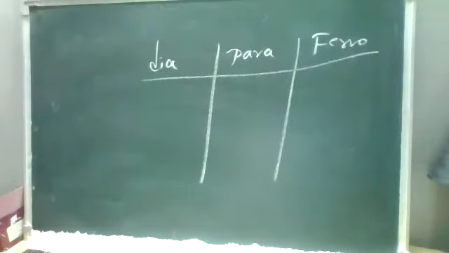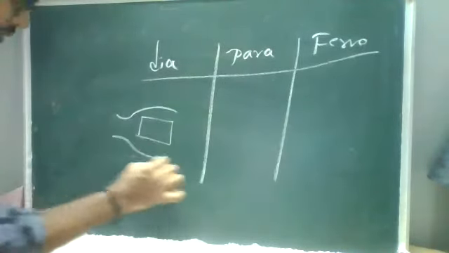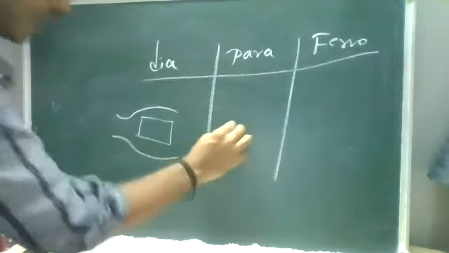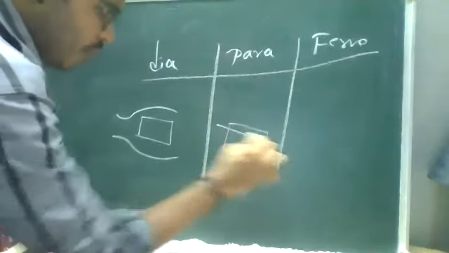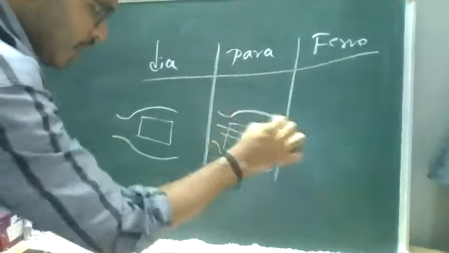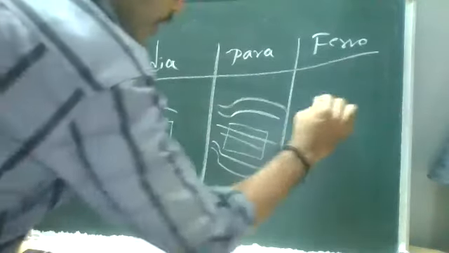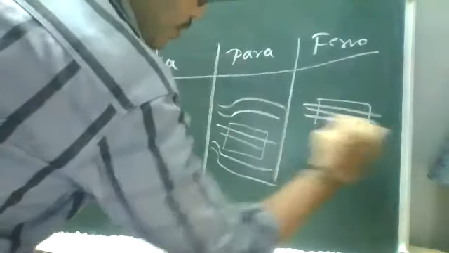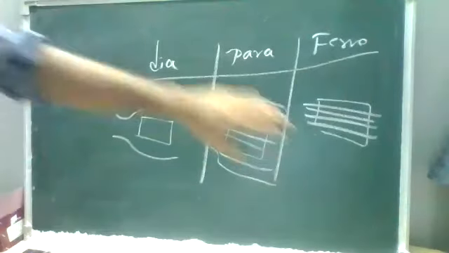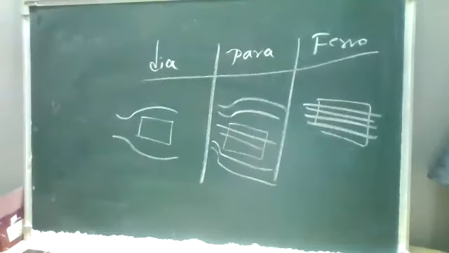Dia, para and ferro. A diamagnetic material will try to oppose the magnetic field completely, so magnetic field lines do not pass through. In a paramagnetic material, only a few field lines will pass through it and the others will stay away from it. In a ferromagnetic material, all the field lines will pass through. It is strongly attracted by a magnet as well.